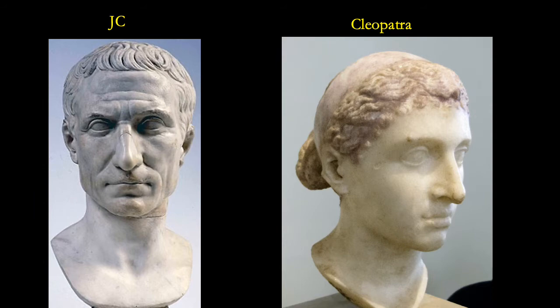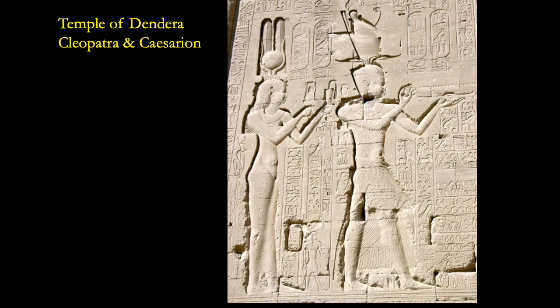And they have a child together who's called Caesarion. By the way, if you're wondering about the Caesarian sections, that actually comes from Caesar because that's the way he was born. Here's a temple at Dendera that shows Cleopatra on the left, and then on the right is her